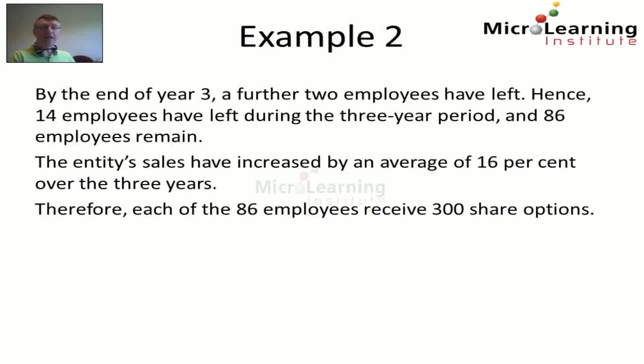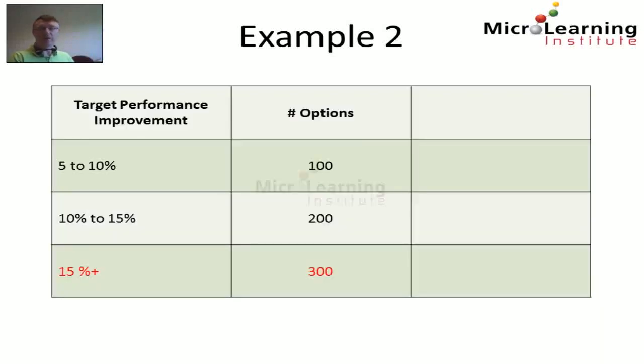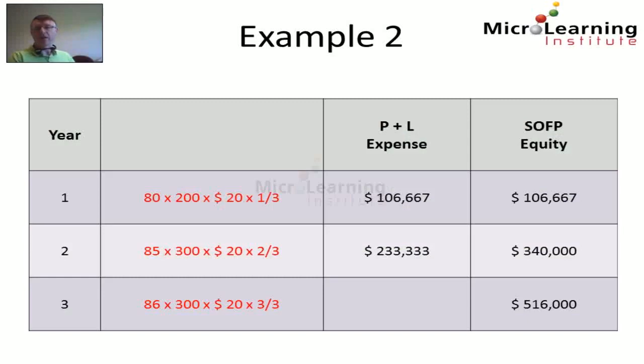We're now told that by the end of year 3, a further 2 employees have left. Hence, 14 employees have left during the 3-year period and 86 employees remain. The entity's sales have increased by an average of 16% over the 3 years, and therefore each of the 86 employees receive 300 share options. So now we can see that because our improvement has exceeded 15%, each employee is now entitled to 300 share options. Now we can calculate the cumulative equity to the statement of financial position coming from the 86 employees who are now entitled to vest these options